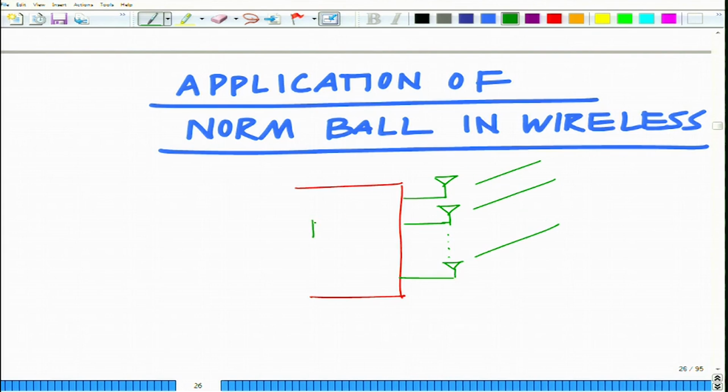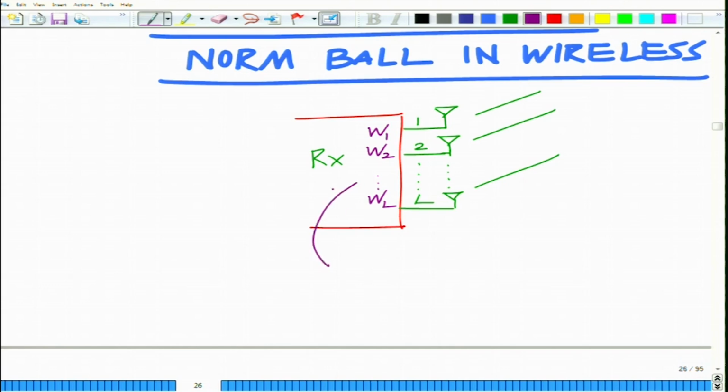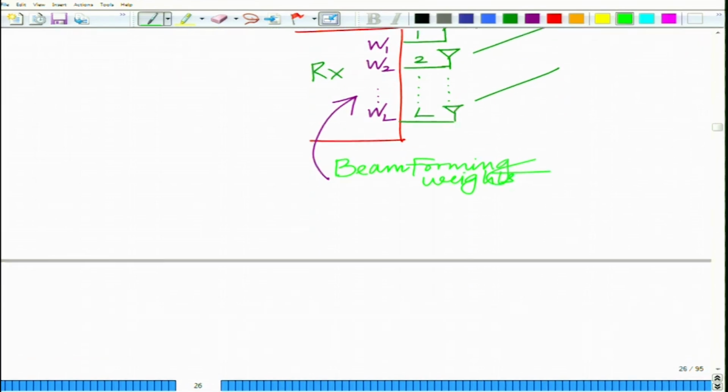So, this is again your multi antenna receiver, and these are antennas 1, 2 up to antenna L, which we are combining using our beam forming weights W1, W2 up to WL. Recall that these are the beam forming weights, and what we will ensure is that if you look at the energy of the